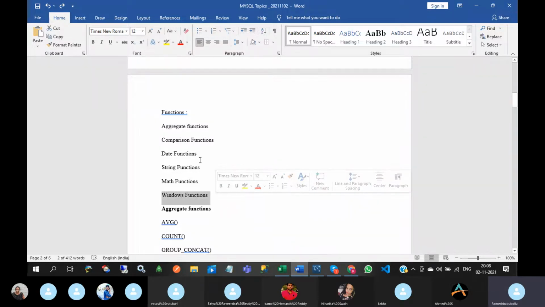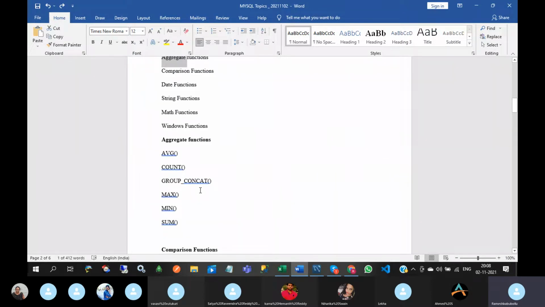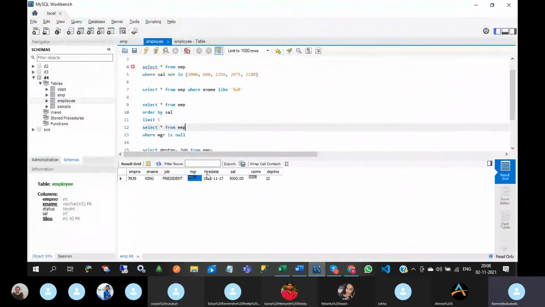The remaining functions I will discuss now. Coming to aggregate functions: average, count, group concat, maximum, sum. So first one is average. Average means it returns the average of non-null values.